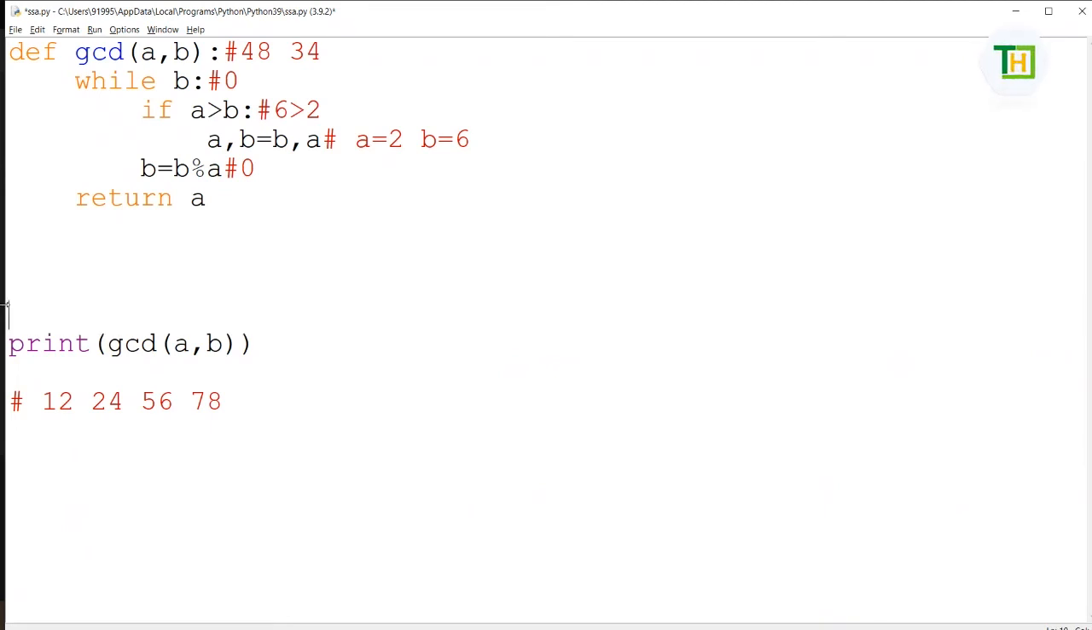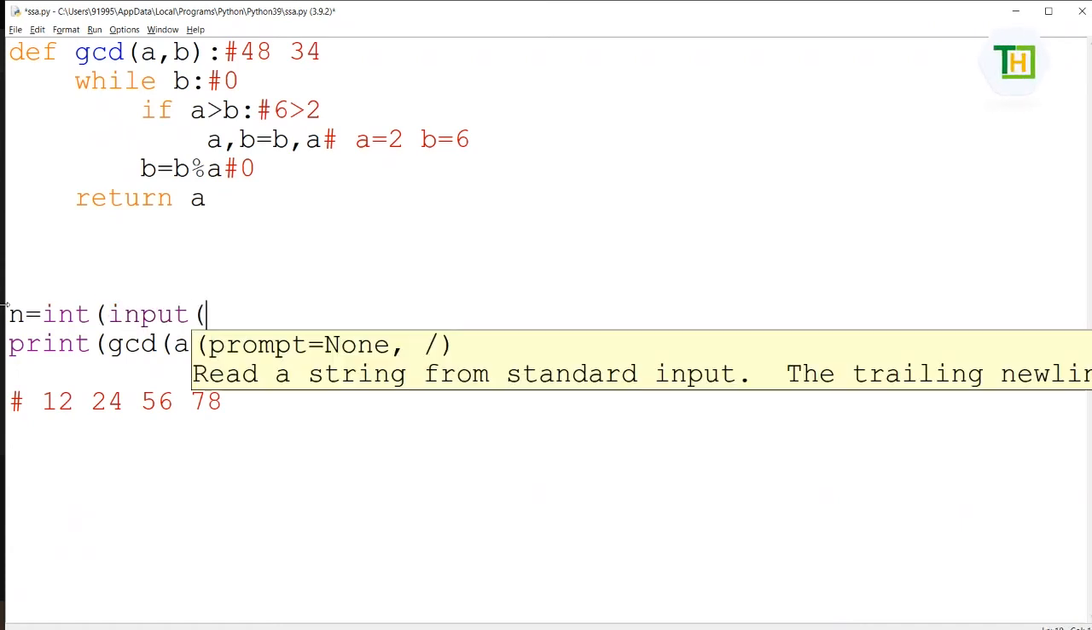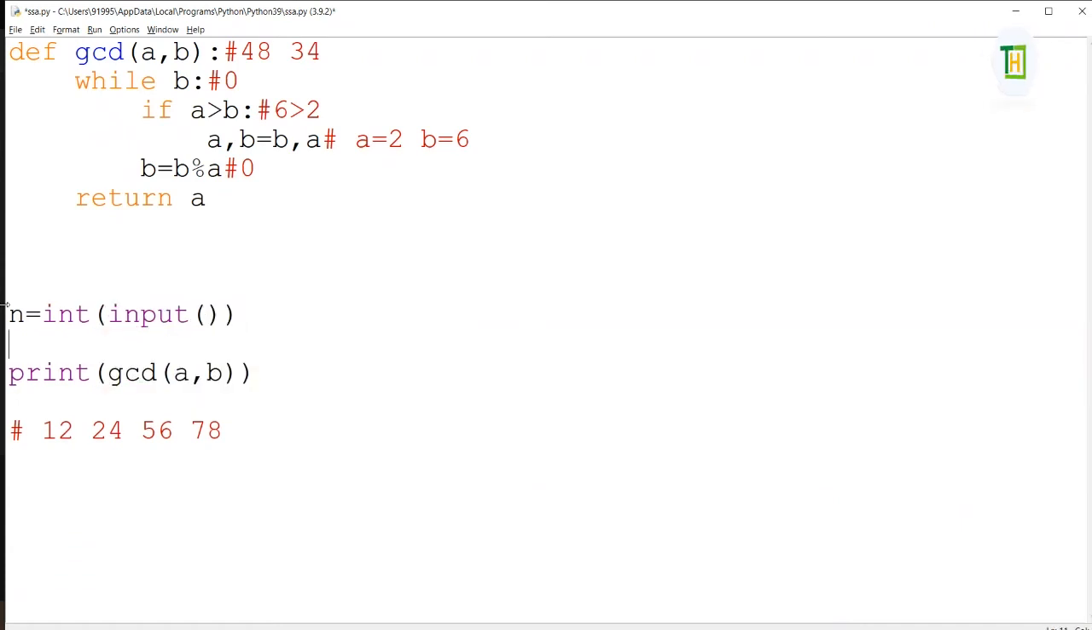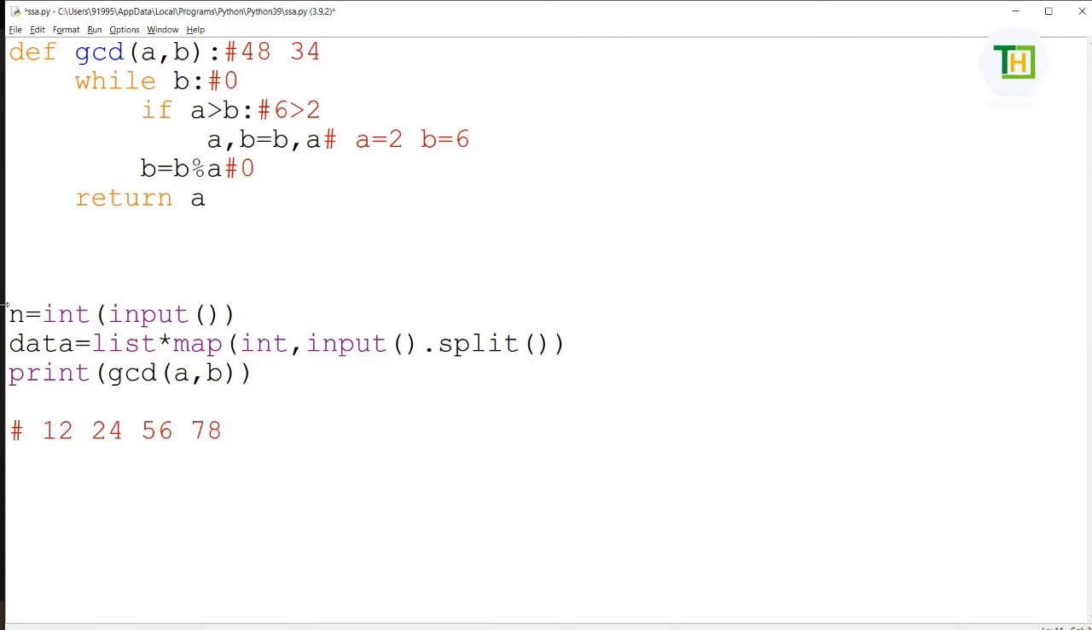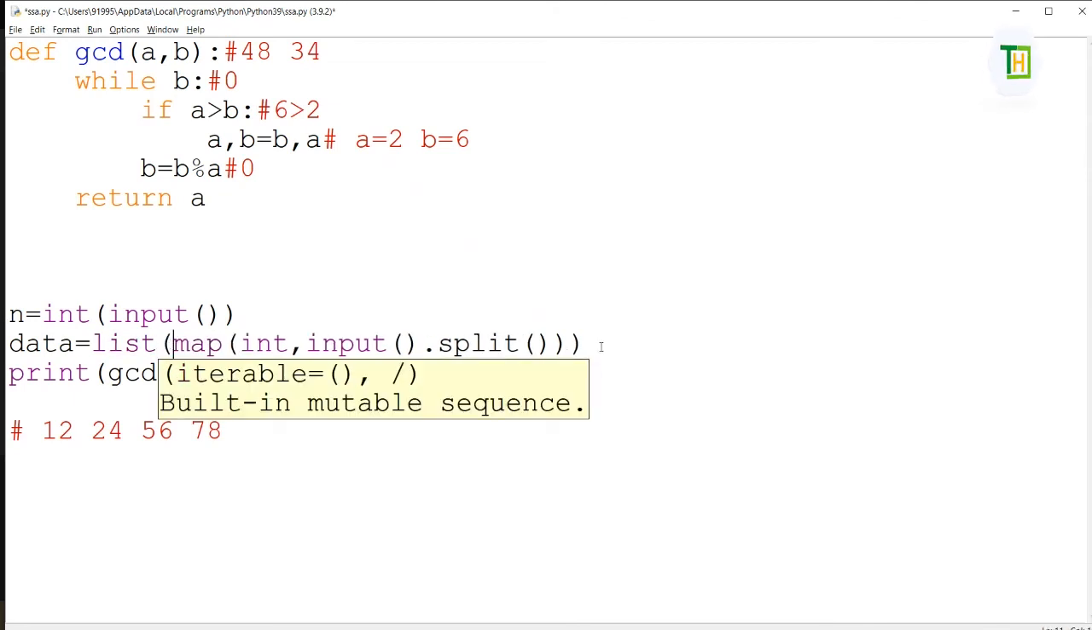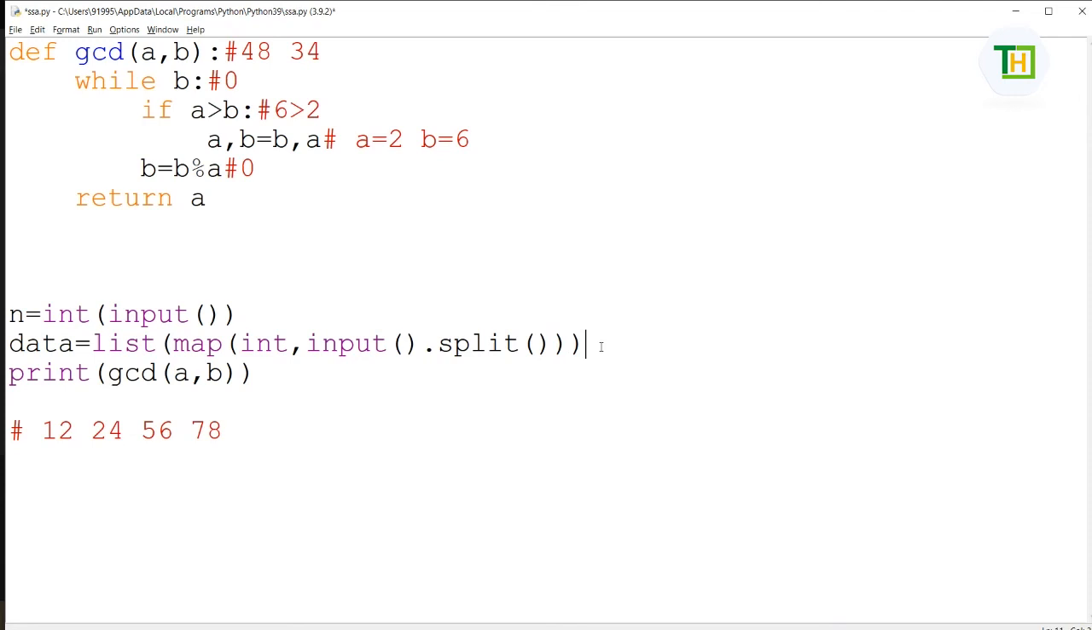For that, I am going to write, for example, the first value is going to be the size of the array. Then I am going to read data is equal to list of map of int comma input dot split. We have to read the data like this. Okay, then